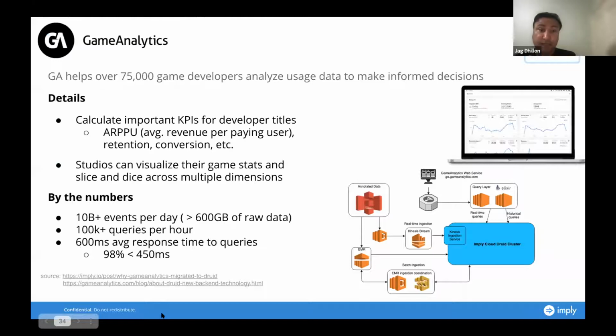Game analytics. This is a large gaming developers platform that helps developers who are coming up with games to analyze their usage data to make informed decisions, right? They can calculate important KPIs for developer titles. So you can see over here, you have a lot of data coming in. In this example, it's an AWS stack, and they're collecting data via Kinesis for real-time ingestion and also Elastic MapReduce. And they're indexing that into the Druid cluster, and the Druid cluster is giving out the results for the